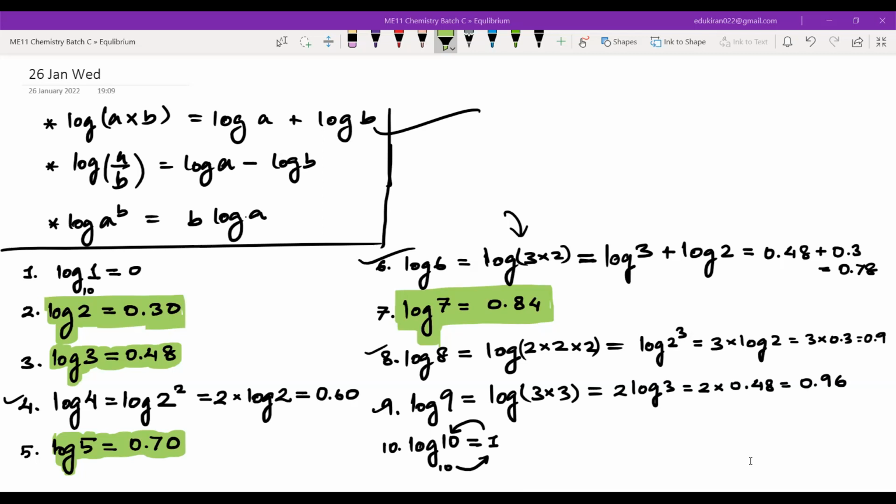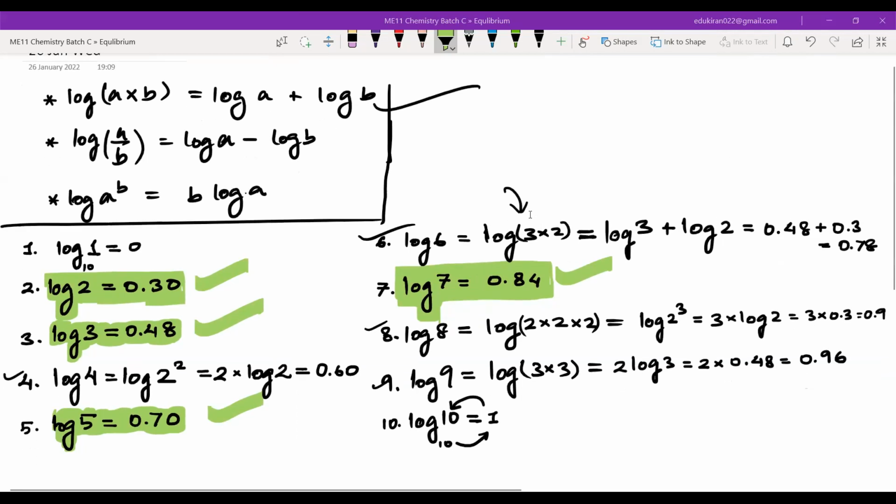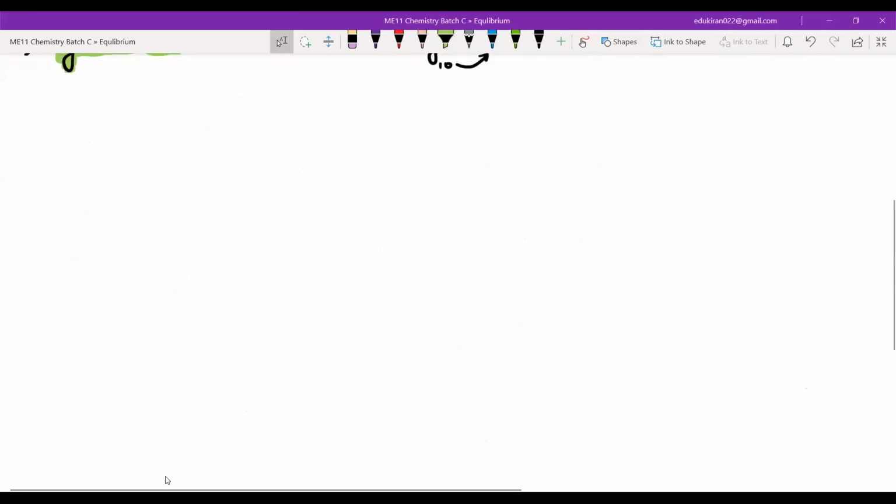Done, sir. Okay. So if you use sticky notes, then what you should do, you should write the value of log 2, log 3, log 5, and log 7, and then paste it somewhere that you can see all the time. Okay, when not all the time, but whenever you are studying. Okay, now I'll just write a question.